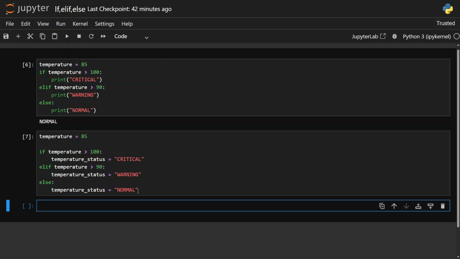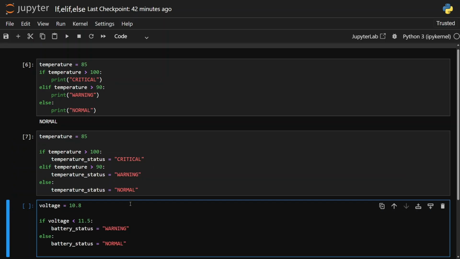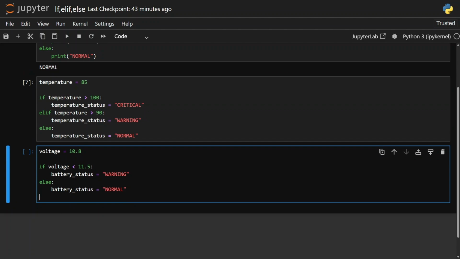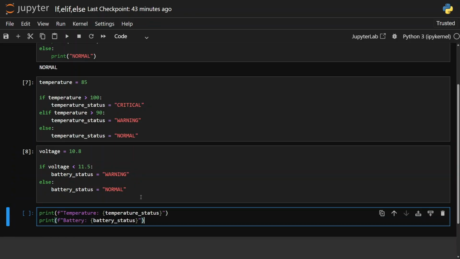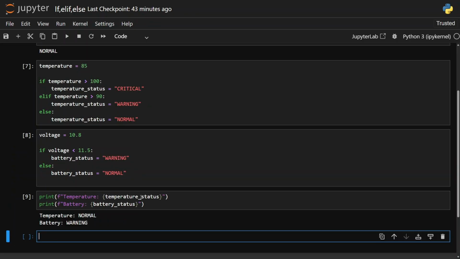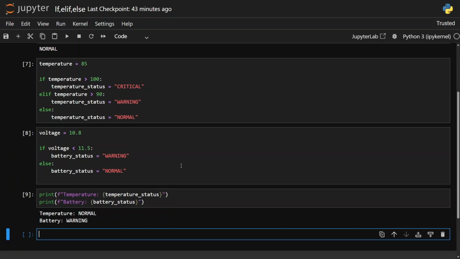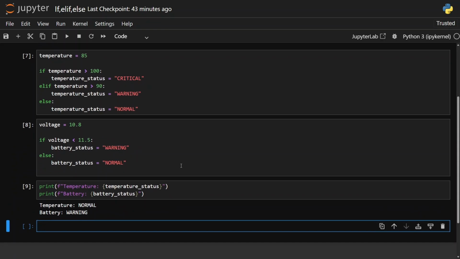Let's check a completely separate signal the same way. Battery voltage. If it's below 11.5, that's a warning, otherwise normal. Now we print both stored results together. Temperature comes back normal, but voltage 10.8 is below our threshold, so battery comes back warning, even though temperature looked